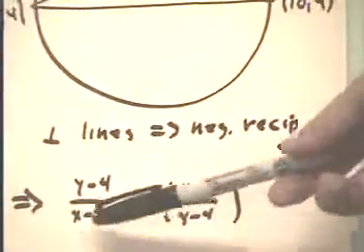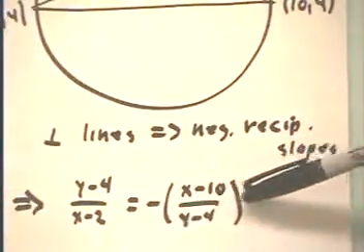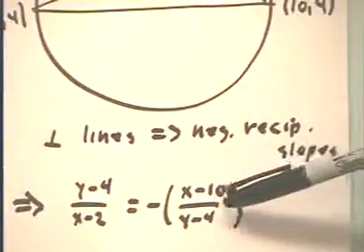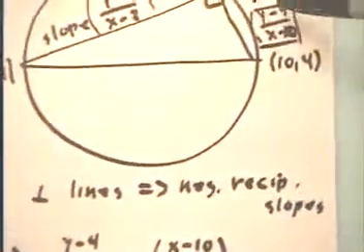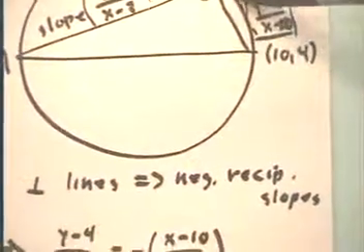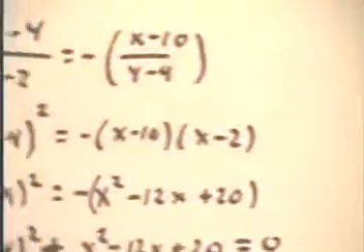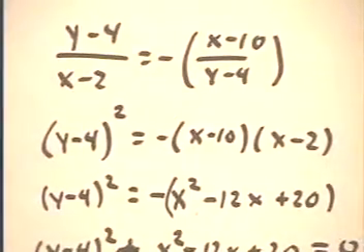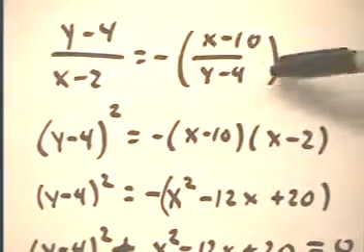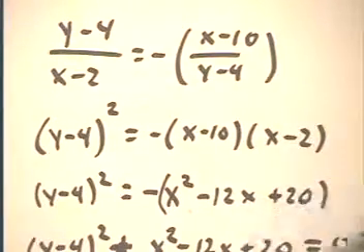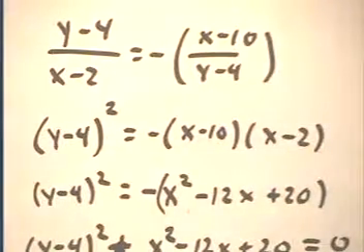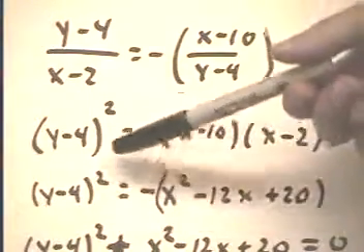Y minus 4 over x minus 2 then equals the negative reciprocal of the other slope. That means negative reciprocal of this, which is going to be x minus 10 over y minus 4. So it's negative x minus 10 over y minus 4. If we take that equation, again expressing the fact that the slopes of these two legs are negative reciprocals, here's the equation. If we multiply the equation by the common denominator, x minus 2 times y minus 4, we get,